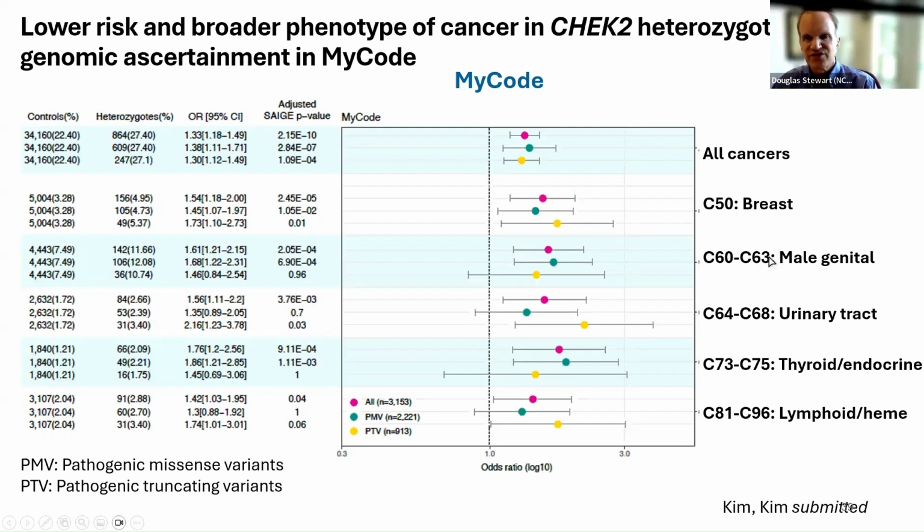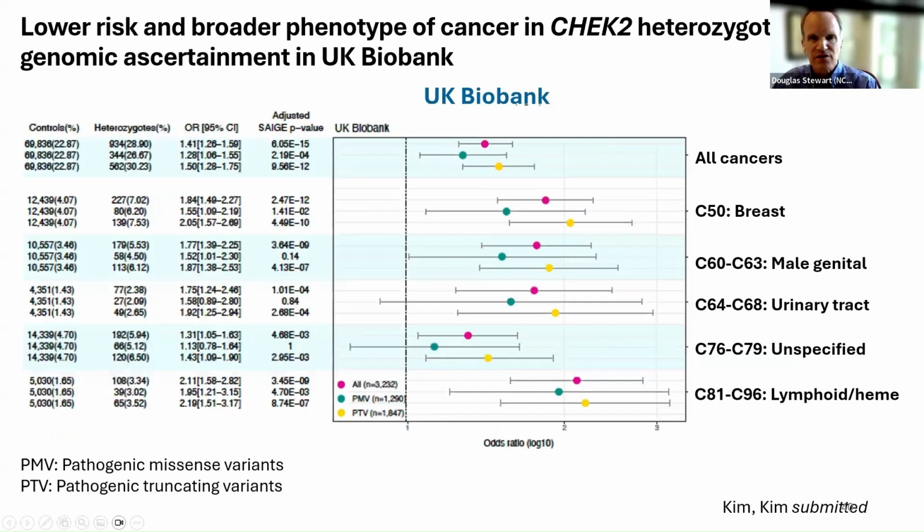Male genital prostate cancer, again, was positive. And then also we found some signal in urinary tract, particularly bladder and kidney cancers. We found an excess risk of thyroid tumors. And the signal here is coming from CLL. Look at UK Biobank, again,